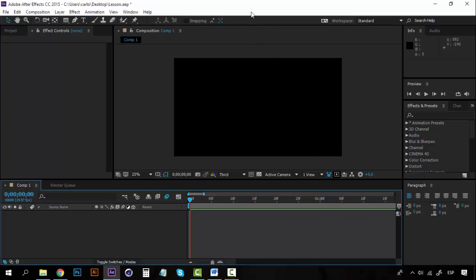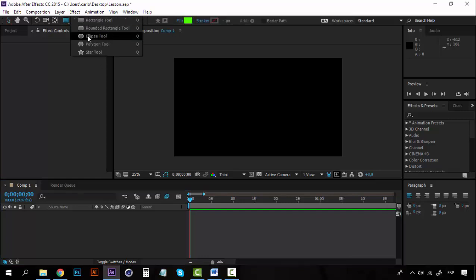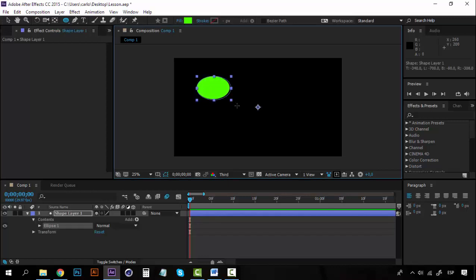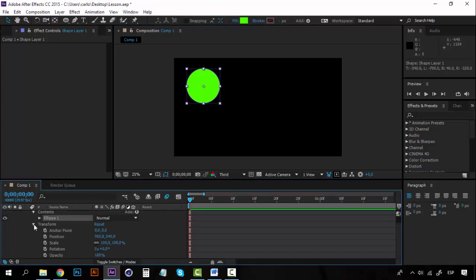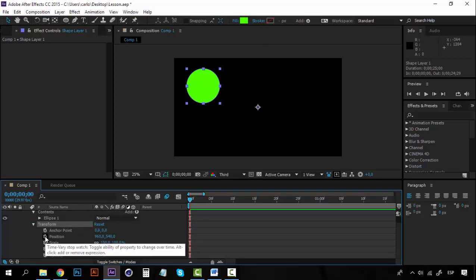Now I'm going to teach you how to animate a shape layer, which is really simple because it's like animating any other object on After Effects. But let's do it. Let's grab an ellipse tool and create a simple ellipse. As you can see, we have these properties, and as I told you before, we have the transform properties where you can animate just like we animate anything else. For example, we can click on the scale